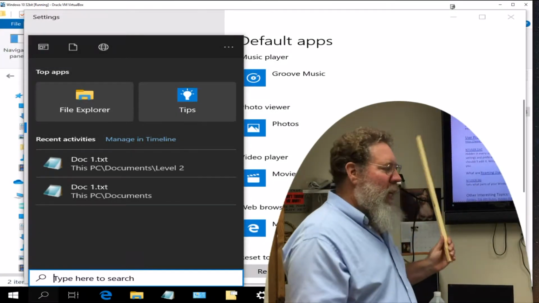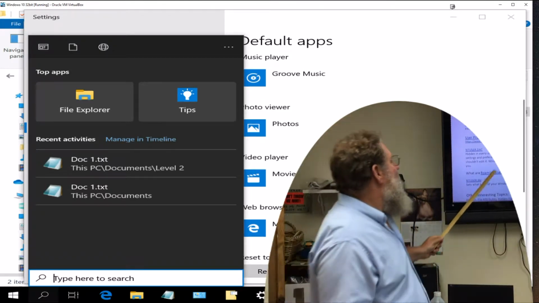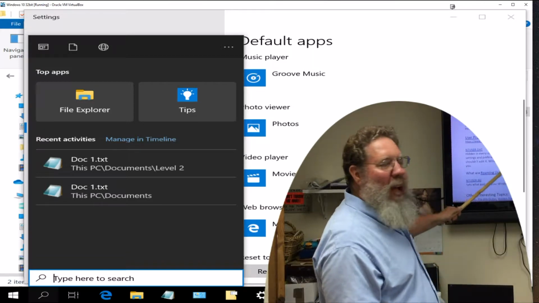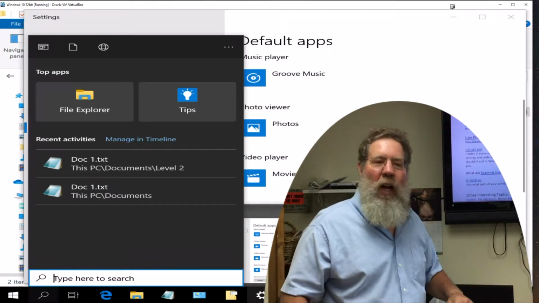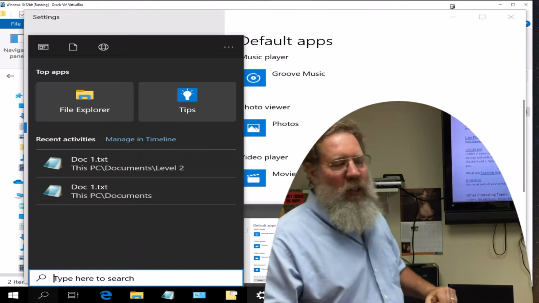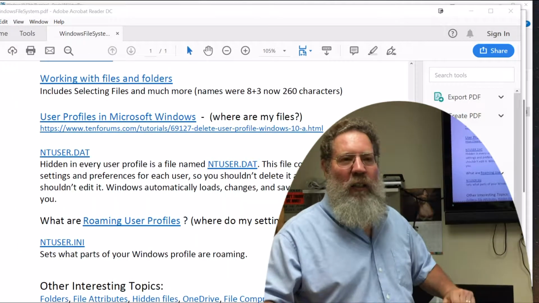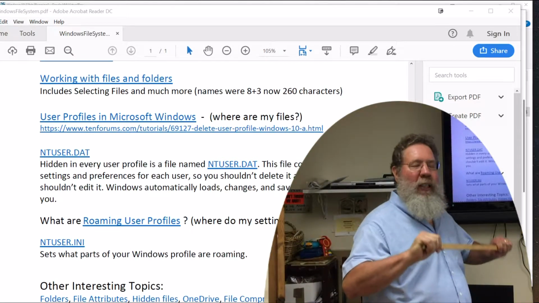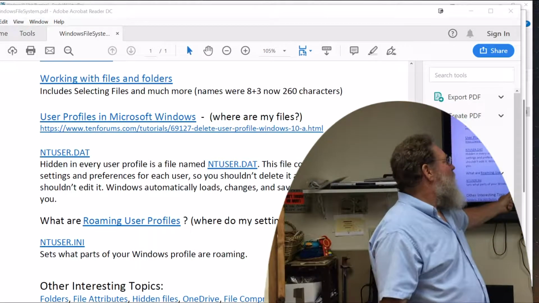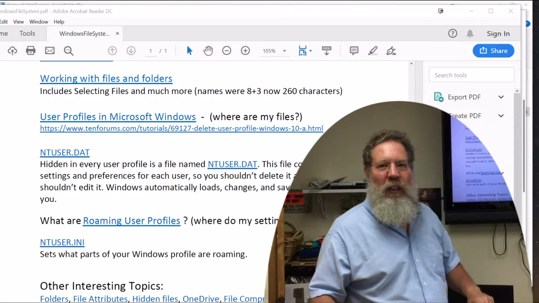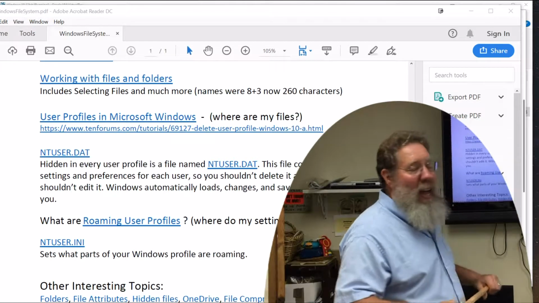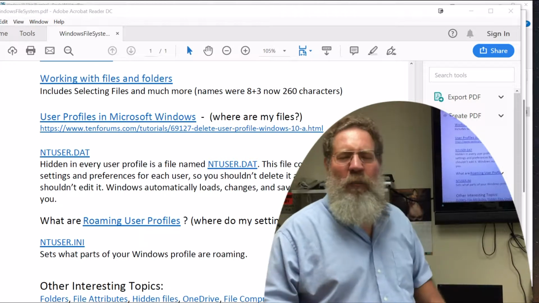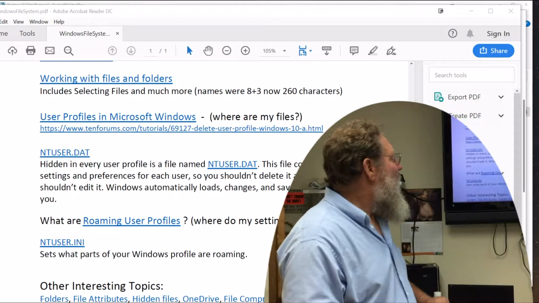So we're back to our PDF document here. So, working with files and folders. Back in the good old DOS days, and when we talk about Windows 95, we're still kind of talking about DOS days, our files, remember, we can only have like 8 letters for the name and then 3 letters for the extension of a name. But now, people who started with probably Windows XP or Windows 7 or 8 and 10,